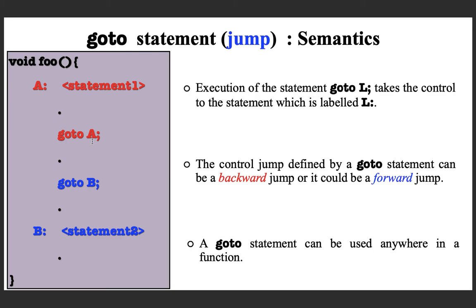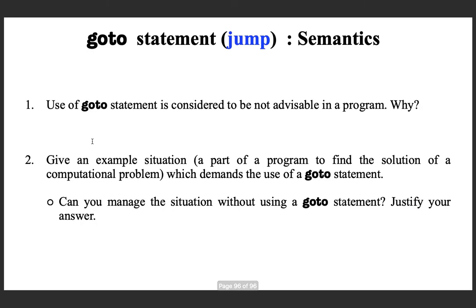Now I am giving you homework exercise problems from the goto statement. Use of the goto statement is considered to be not advisable in a C program. Take this for granted. So this is a valid statement. You search for the answer and find why it is so. You can always manage it with other conditional statements. You don't have to use goto, but goto is there. Then why is it not advised, or where is it causing a problem? Maybe you search on the internet and find.